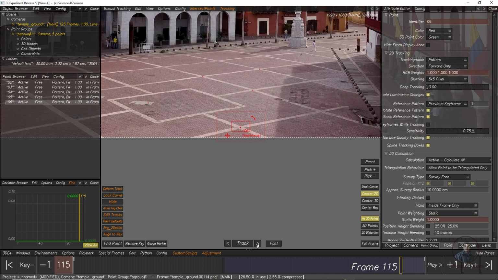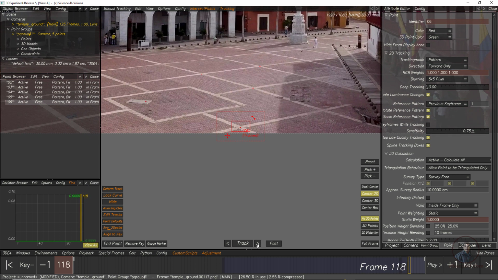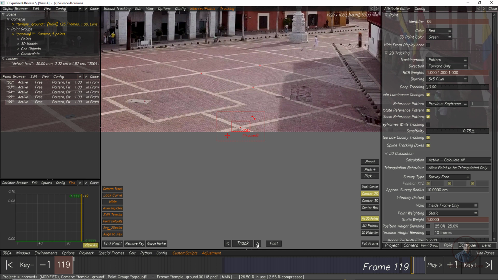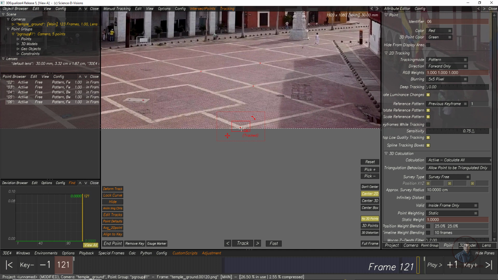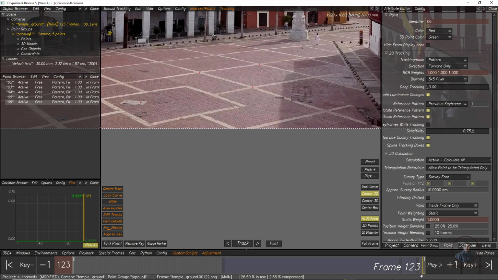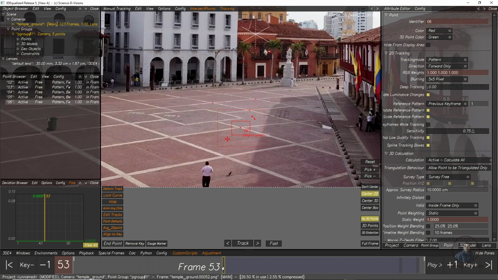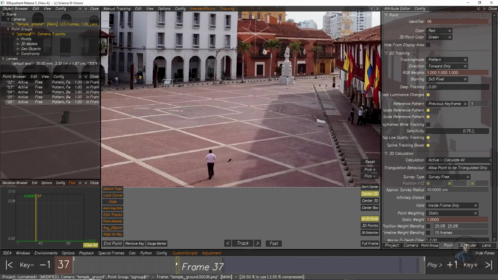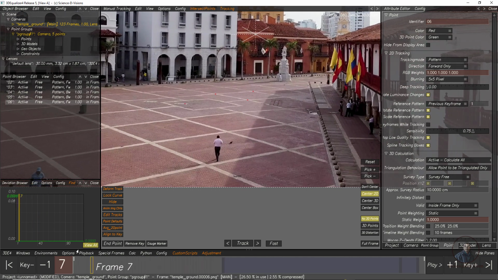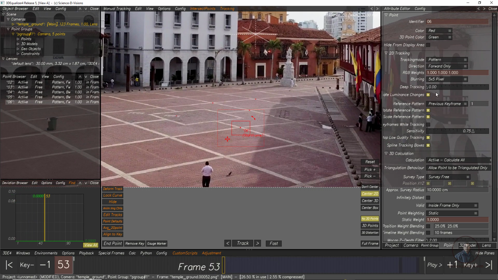Now track frame by frame: next frame, next frame, next frame. Like this we can track all our frames. Maybe till here it is good. After this, because this point is going outside our frame, you can simply end this point, and after this it will not show you this track point. These are again important things. Because I have tracked only the forward frames, how can we track the remaining backward frames? Place your playhead here, and first we have to switch the direction to backward. So we have to select backward.